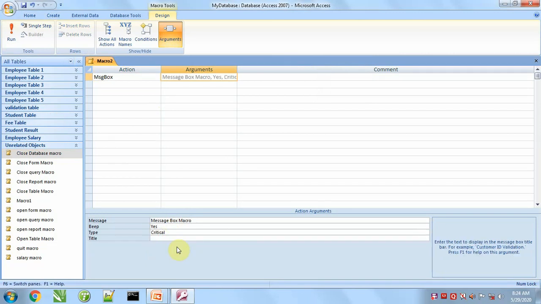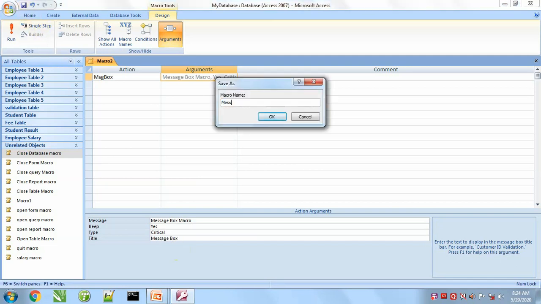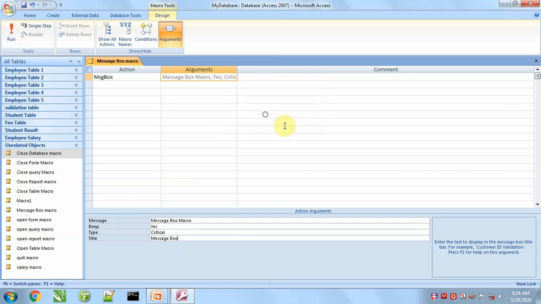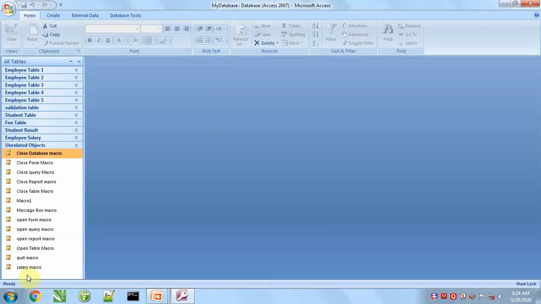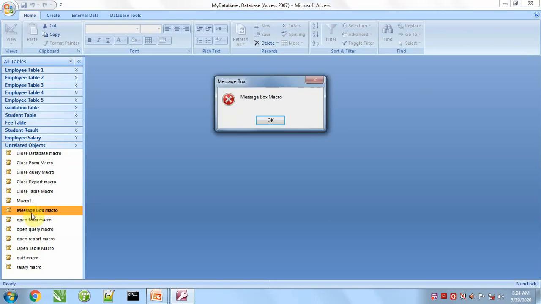It will show, and title is message box. It is message box macro. With message box macro, message box is the title and critical is the symbol.